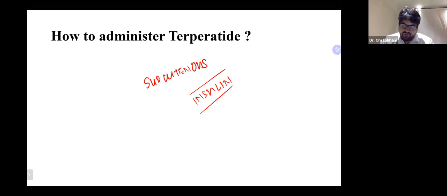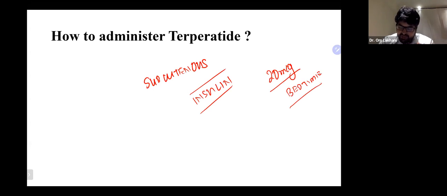So the dose we have to give for Teriparatide is 20 microgram. Okay, so the dose is 20 microgram given subcutaneously daily. We typically give it at bedtime, right? Of course, there is no specific time for it, but we typically give it at bedtime. So 20 microgram daily subcutaneously at bedtime, that is the dose.